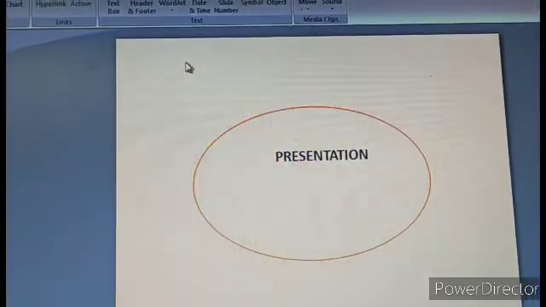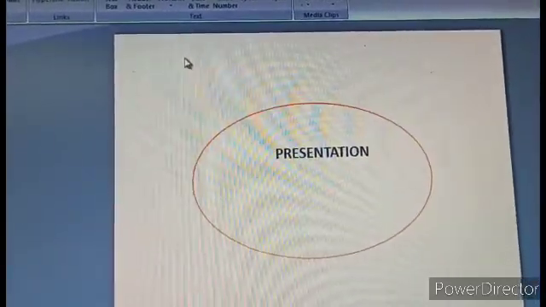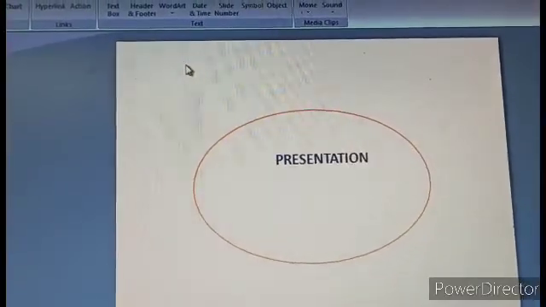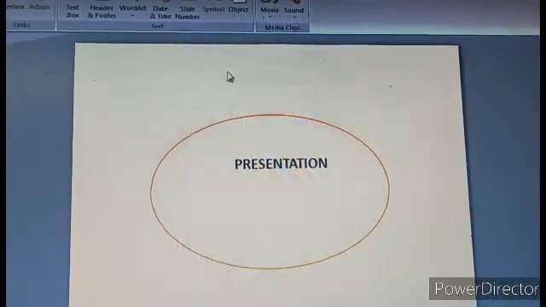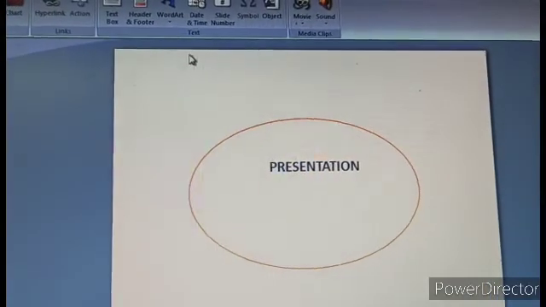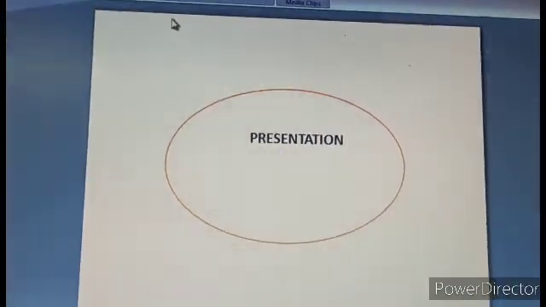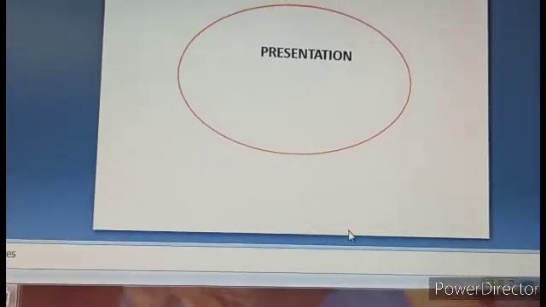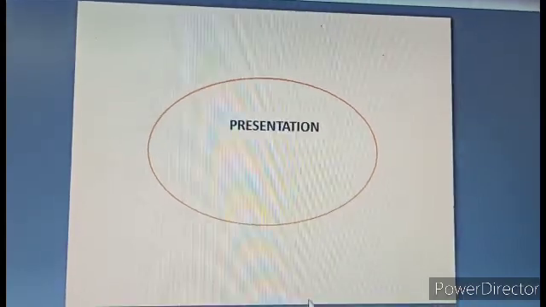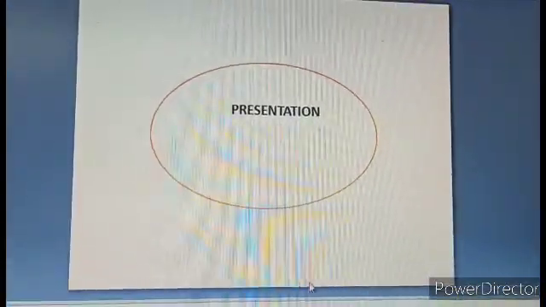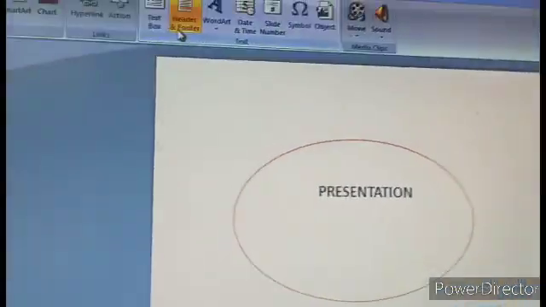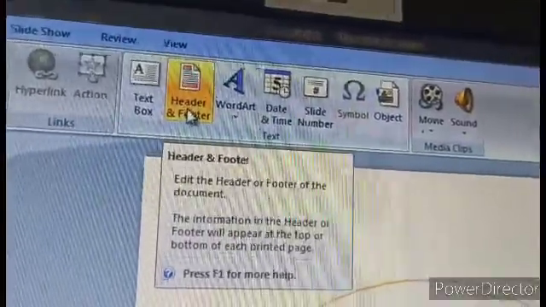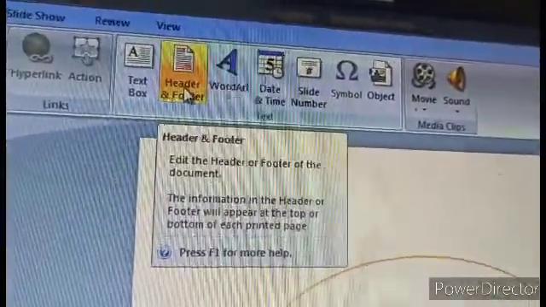Generally we give the date, author's name, or sometimes the name of the story or poem in the header portion, and the footer portion has things like date and page number. So, understood what header and footer are. These are also available in MS Word. These things are available in the header footer option. So let's check what it is.